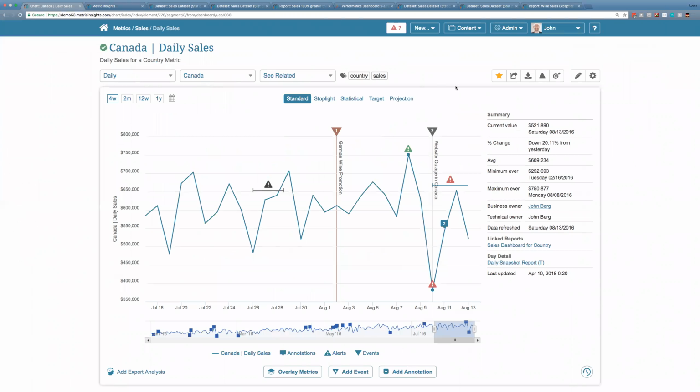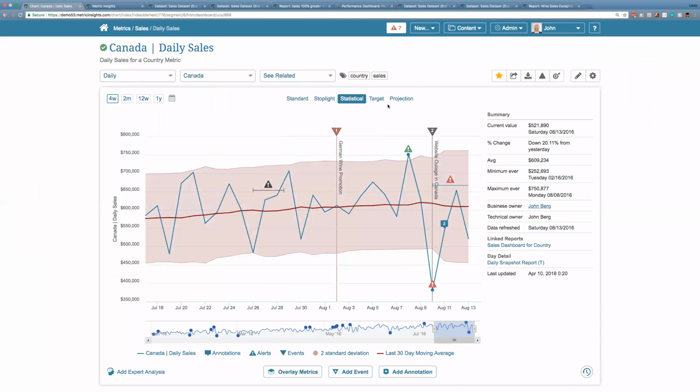The first thing we're trying to do here is to detect statistical anomalies. So if I switch my view from standard view to statistical view, what you'll end up seeing is that you're looking at the time series data of 4 weeks' worth of data. This is my blue line there. Then the red line represents the moving average. So therefore, the band around this moving average, a standard deviation here, and data points that fall outside of the standard deviation of this moving average, such as this data point here and that data point down below, represent a statistical anomaly. And that, as Mike mentioned before, is done because we have the ability to not just load data points